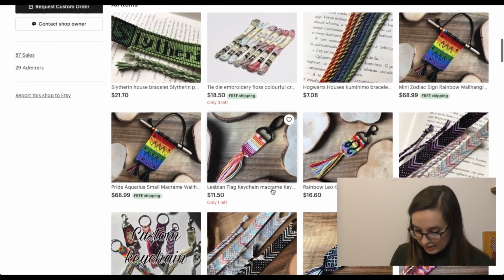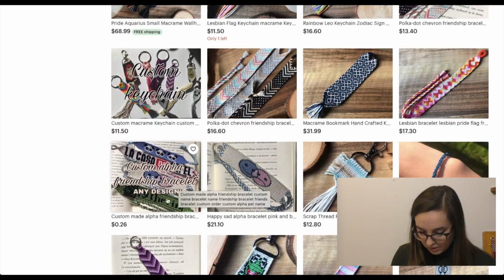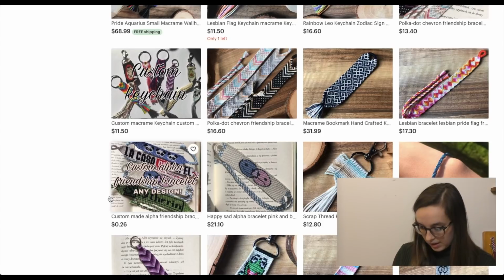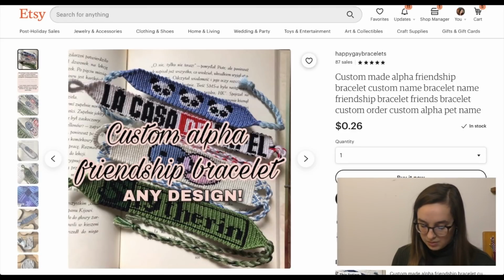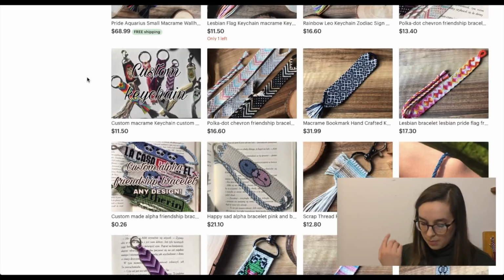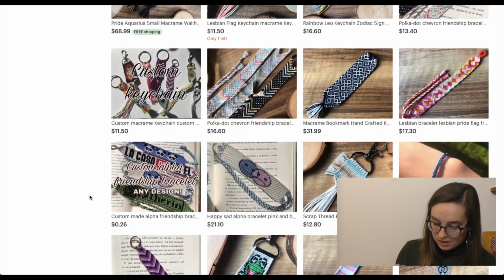Your photos look good. I like the consistency. The custom keychain and custom alpha friendship bracelet, the wording is kind of hard to read just from looking at it from the small view. If you were to click on it and blow it up, I'm sure it would look bigger and nicer. See, I can read this a little better, but you have to assume that when someone's scrolling through the search results or through your shop, they're going to be looking at an image this small. So I'd suggest maybe blurring the background image a little bit more and maybe choosing a blockier font,